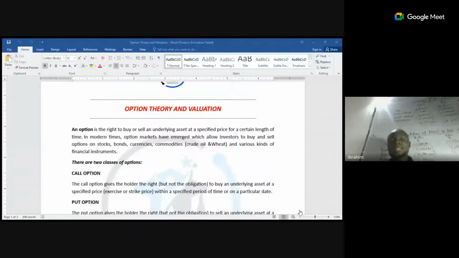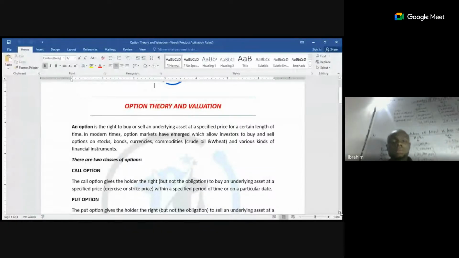Class, a call option is an option to buy at a specific price, which is the exercise price. You can decide to exercise your rights to buy an underlying asset in the option markets. Having explained this,